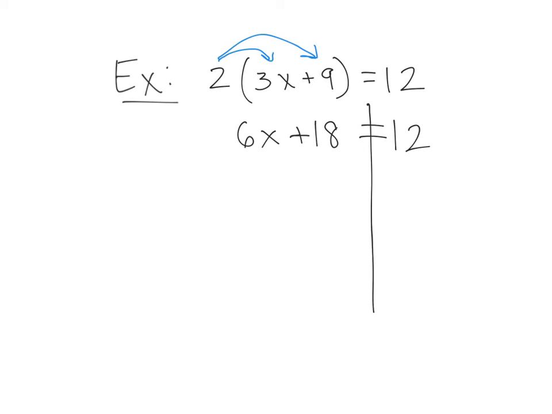In this problem, I have two numbers that need to be moved, the 6 and the 18. Again, my strategy for solving these equations is to undo PEMDAS in reverse. So in this case, I have 6, which is stuck by an invisible multiplication dot, and I have 18, which is stuck by addition. Which number am I going to move first? So this is big. Hopefully you realize I keep asking questions on this. It's really important that you know which number to move first, right? We need to move the two numbers on the same side as x, but is it going to be the 6 or is it going to be the 18? In this case, 18 is lower in that tree of PEMDAS, so I'm going to move it first